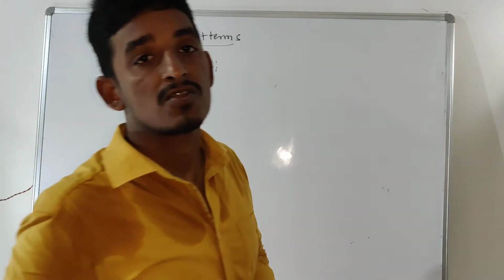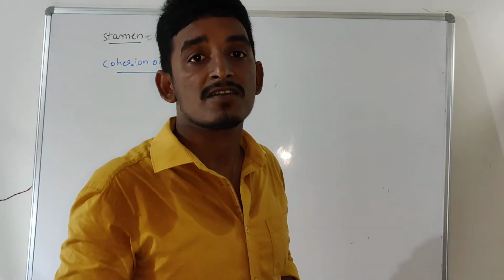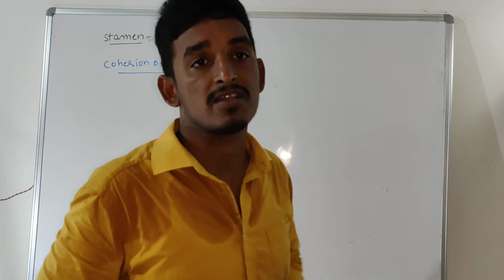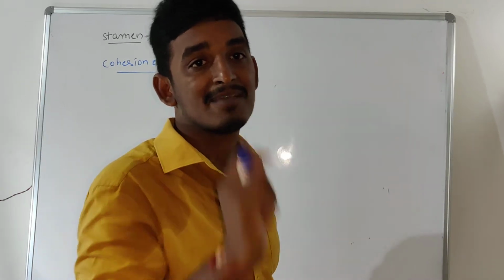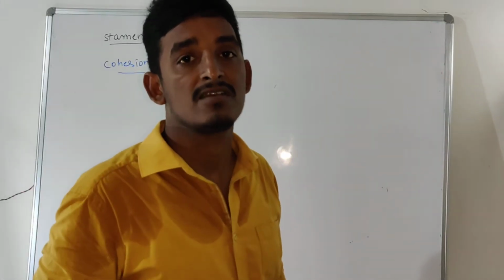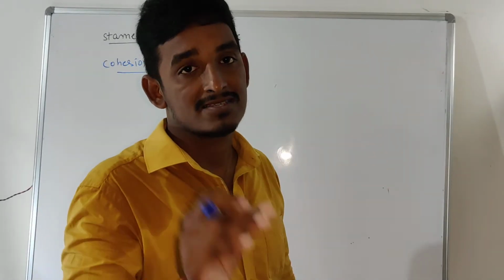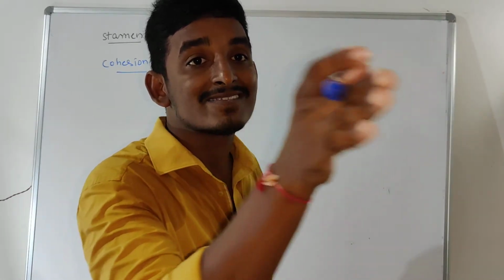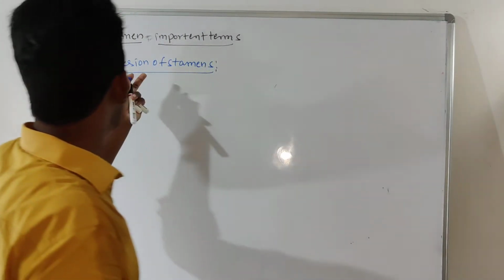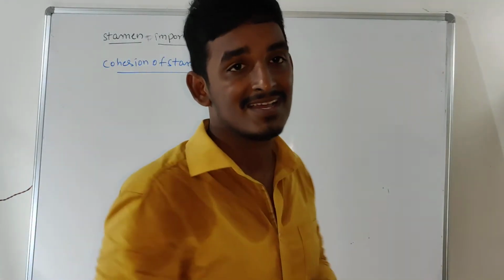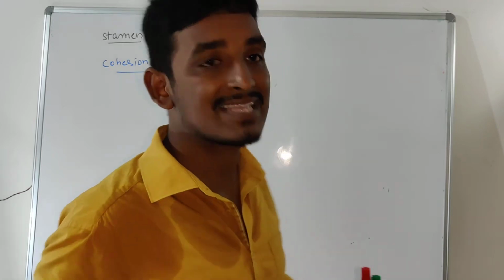So what is cohesion? In a flower, the fusion of similar whorls we call cohesion. If you take a stamen and it fuses with another stamen, we call it cohesion. What about adhesion? If the stamen fuses with dissimilar whorls, like sepals, petals or gynoecium, we call it adhesion, right? So cohesion of stamens means a stamen fusing with a stamen only. In the cohesion of stamens, first we start with the adelphous condition.